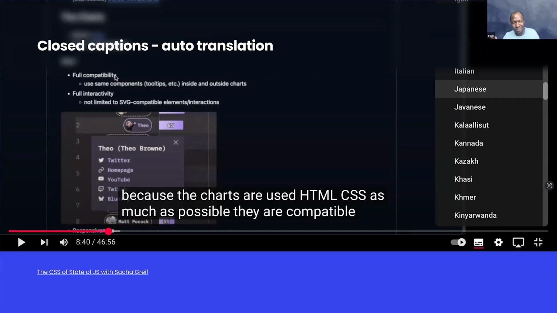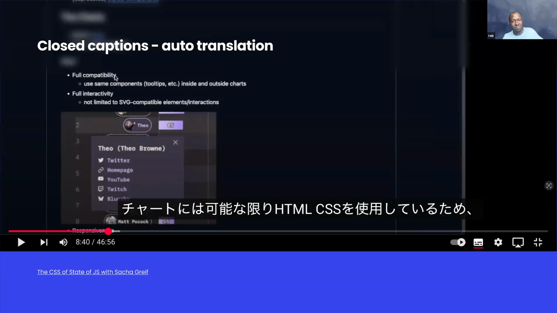And let's say, for example, I've been trying to learn Japanese and I was interested in practicing my reading skills. I could switch the closed captions to Japanese, and boom, I can then test myself on how much I'm able to understand, probably with the audio muted, otherwise it doesn't necessarily make any sense. But yeah, this is just one example of looking at ways that we can make a product and service more accessible.